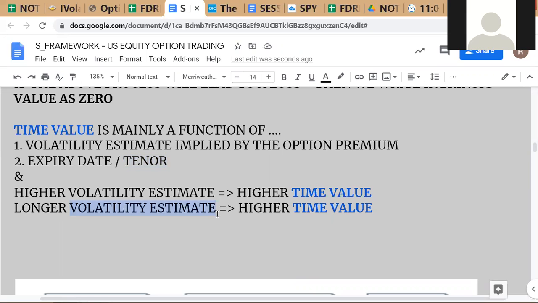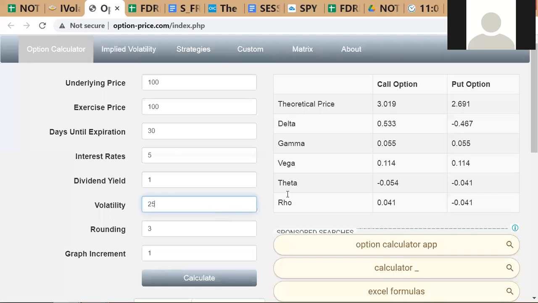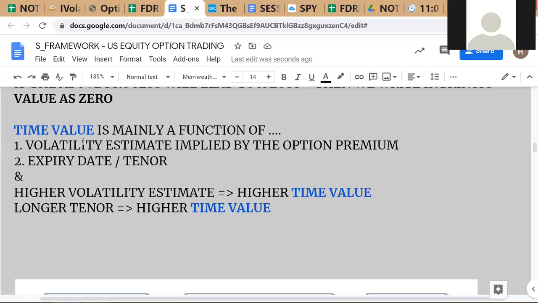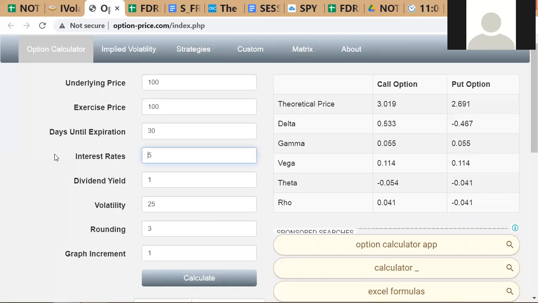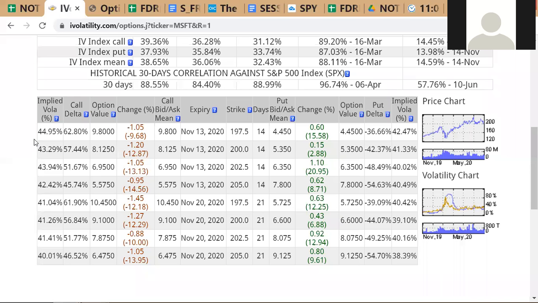Now remember, tenor is not an estimate, because tenor is something that you as the price taker have to specify to the dealer who is the price maker or the market maker. Tenor is not an estimate. You notice I've used different words here. Volatility is an estimate, okay? But tenor is not an estimate because we know precisely what we are looking for: 30 days to expiration or 90 days to expiration. So in this case, there is no uncertainty about this.